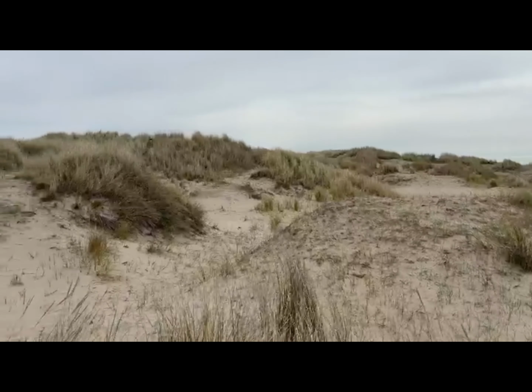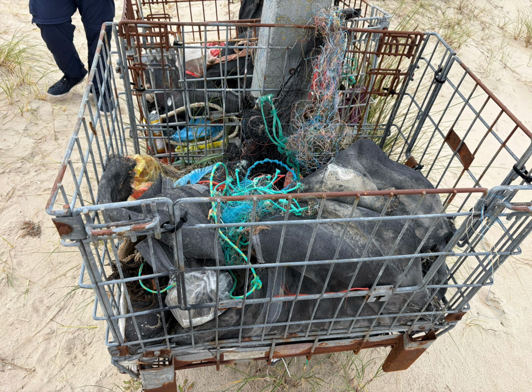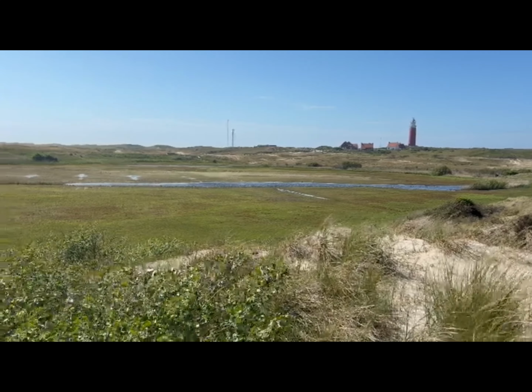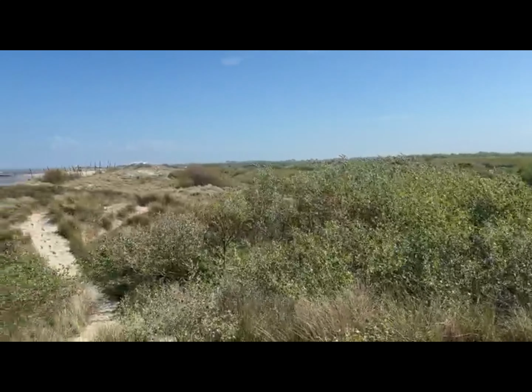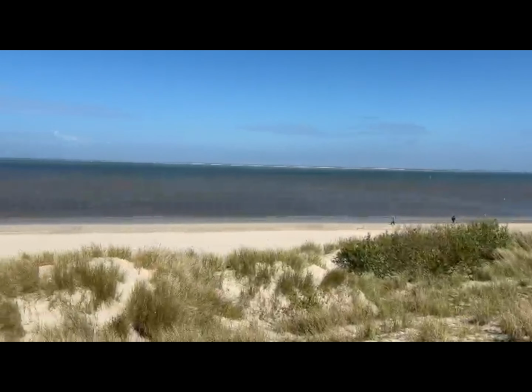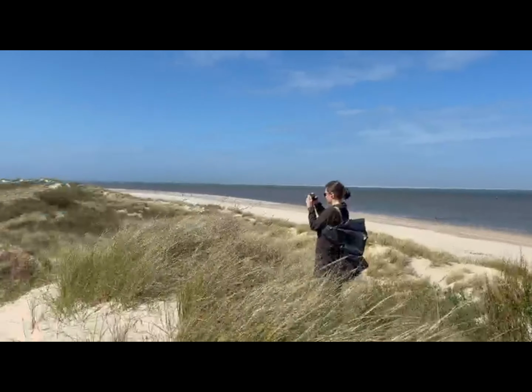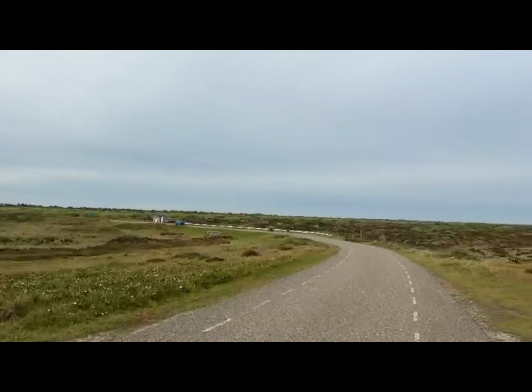Plastic pollution is a big problem in coastal areas all over the world. In this case, plastic from tourism, shipping and fishing ends up on the beaches of Texel. The wind, waves and tides move the plastic onto beaches and into dunes. On Texel, dunes can trap plastic, but we do not fully understand why some places in the dunes collect more